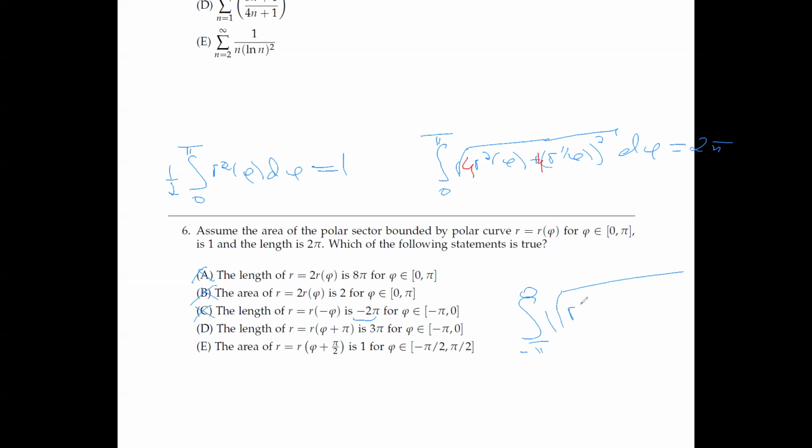So we'll get the integral of the root of r squared (phi plus pi) plus r prime (phi plus pi) squared, d phi. And if we make the substitution phi plus pi equals psi,